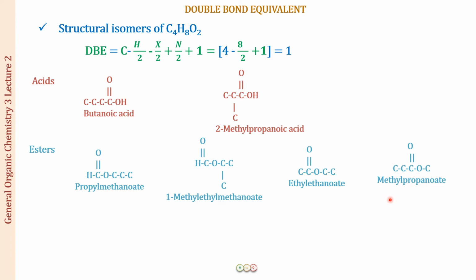Now this is what is commonly asked, that you have to draw the possible acids and esters for the molecular formula C4H8O2. And in this, the DBE value in all of these, you can see that this is coming up as 1. We have 1 double bond in all the structures. Perfectly fine. Now, are there any more structural isomers possible? That is one thing that is going to be more interesting now. Right? Are there any more possibilities that we have 1 double bond? We have not utilized a ring also. Let us see what we more can draw. And in fact, you are going to see that we can draw many structures for this molecular formula.